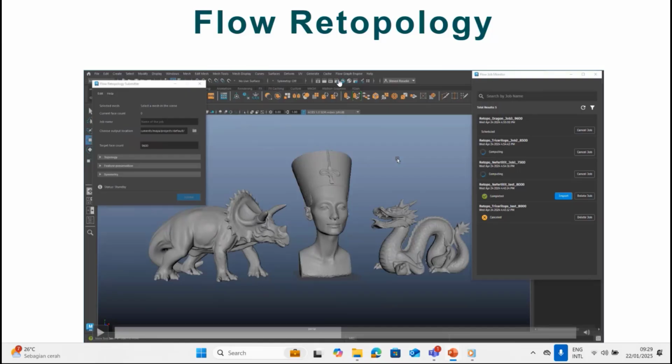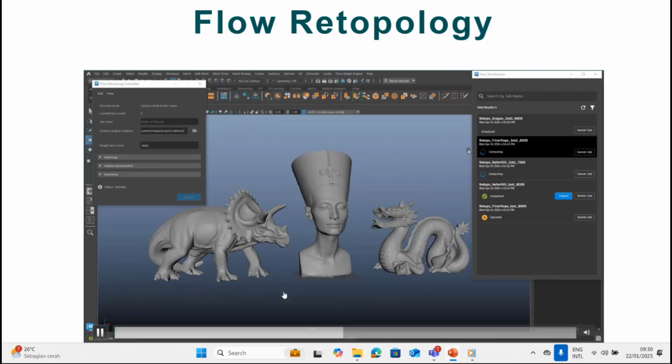Once you install, because Flow Retopology or the flow graph engine is installed separately, you can go to the Autodesk portal. Then you can see the features, and then you can download because it is separate. Once you install all the flow, automatically when you do the retopology, they pull all the mesh inside the cloud. So they do all the things inside the cloud, it does not feel heavy inside your computer.